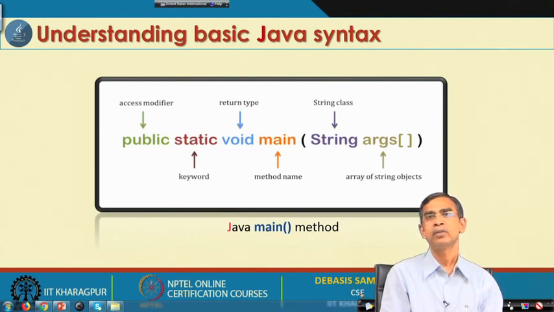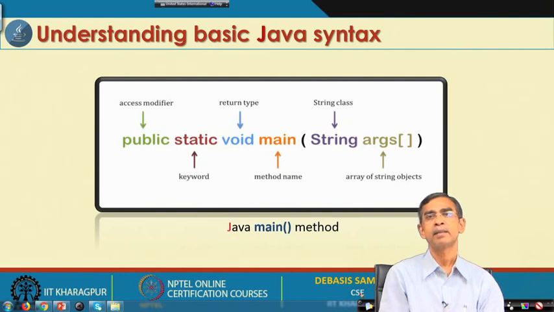And then the void. Void means every method should return something. This is the concept of a method or function or operation: any operation can have zero or more inputs and usually returns something. Now, in some situations it does not return anything, and in that case we should mention void.